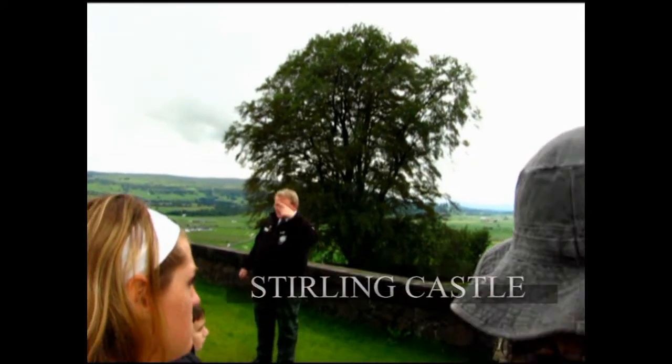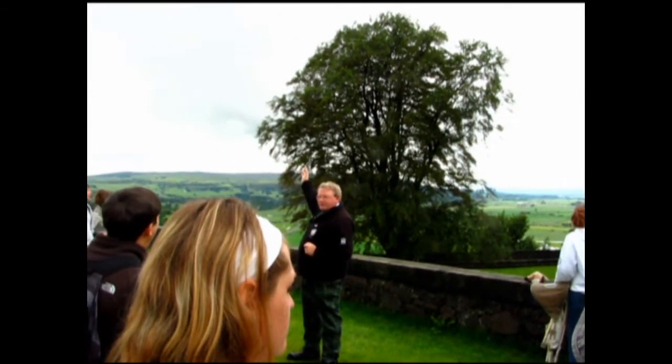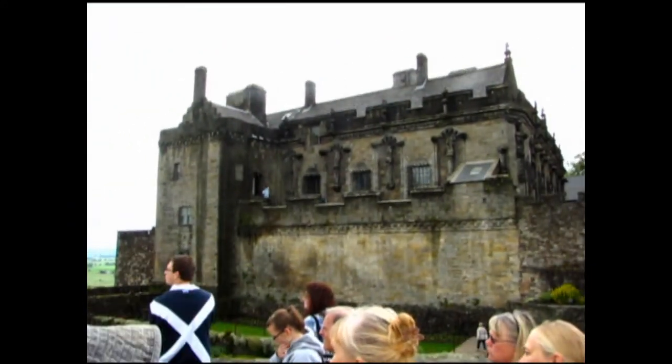But the outside of it has got its own story as well, because these statues are high fashion for the day. 1530s, the oldest Renaissance palace in the British Isles. They are not random decoration, they tell a story. If you're approaching Stirling Castle, this is the first wall of the palace you would see, so therefore chapter 1